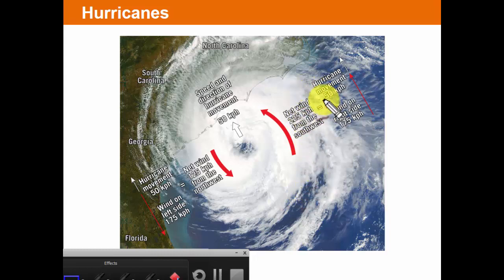As these bands of storms move across the Atlantic Ocean and then strike land, the individual storms within these bands have some interesting things that happen to them as they move from water to land. As they're moving across water, they may be moving at that 150, 175 kilometer per hour rate, but when they hit land, they suddenly have to deal with the force of friction, and that force of friction will slow them down. So what you see are bands of storms that are racing in this direction, but when they hit land,